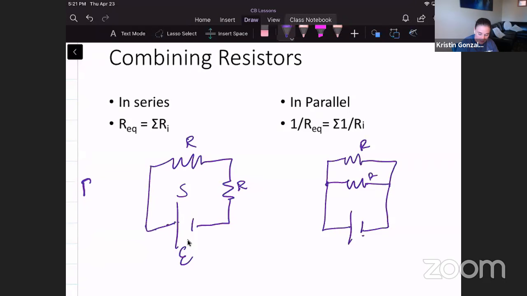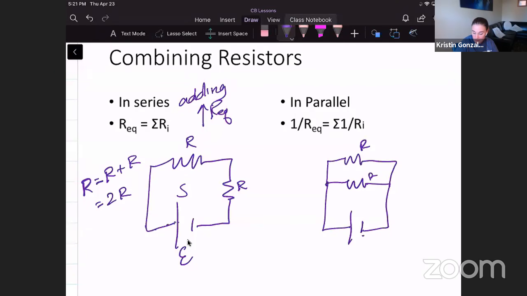So this total resistance would just be R plus R, or 2R. As you can see, as you add resistors in series, what happens to the total resistance? It goes up. So adding resistors in series always increases the total, or the equivalent, resistance. That's important to remember. Okay, but if we add resistors in parallel, the rule for adding resistors in parallel is